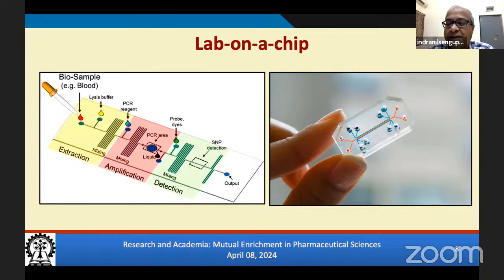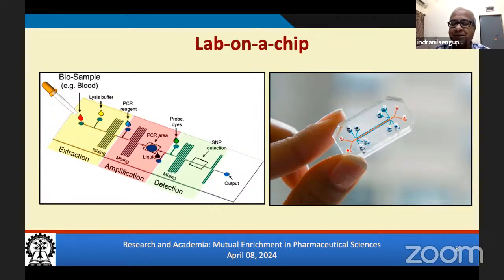Similarly, depending on the test you're performing, you will be needing various reagents. There will be a place for these reagents to be placed. Again, many of the reagents may be very costly. Here, you need very small volumes of reagents. So the cost is also very, very low. And after you put the reagents and the samples in various places,